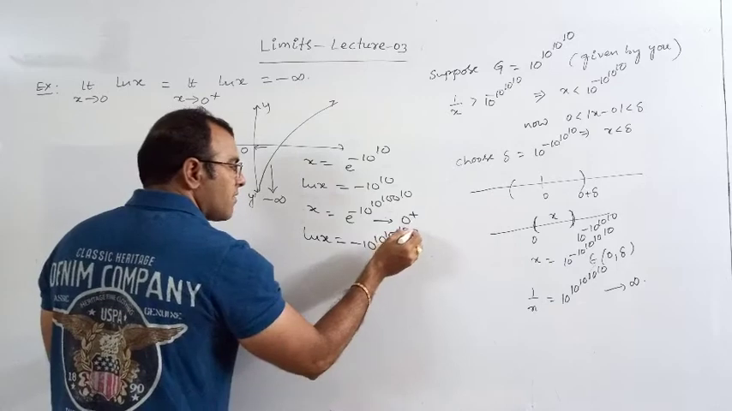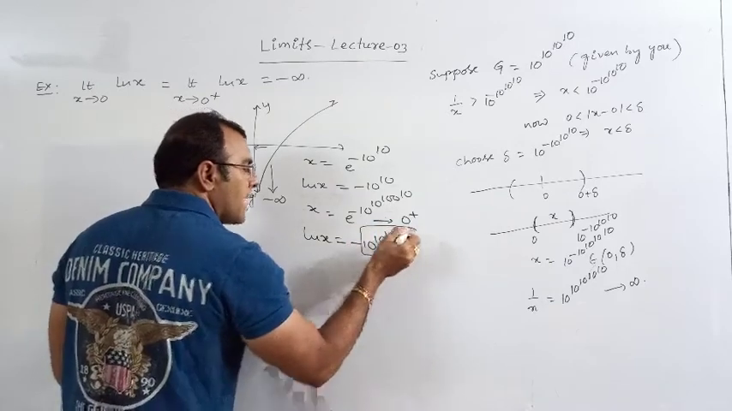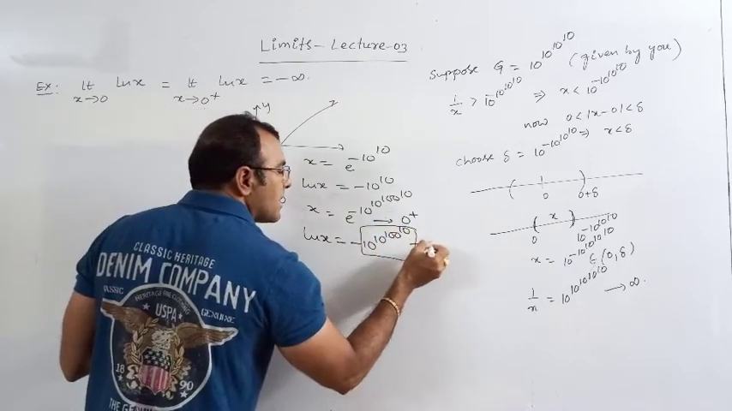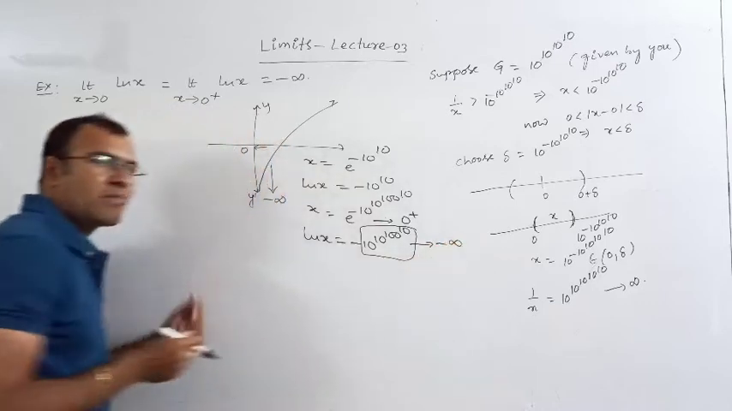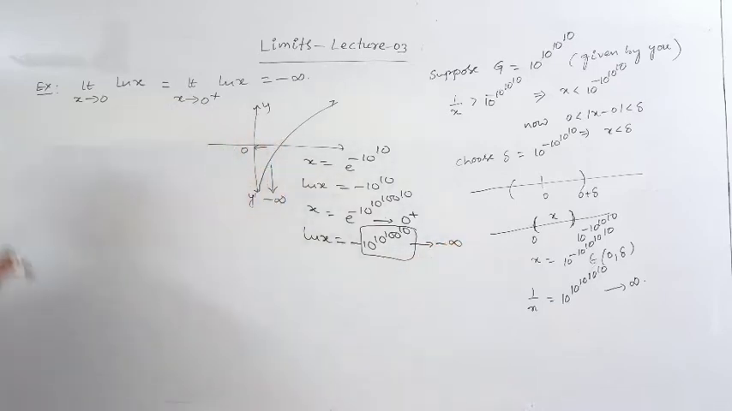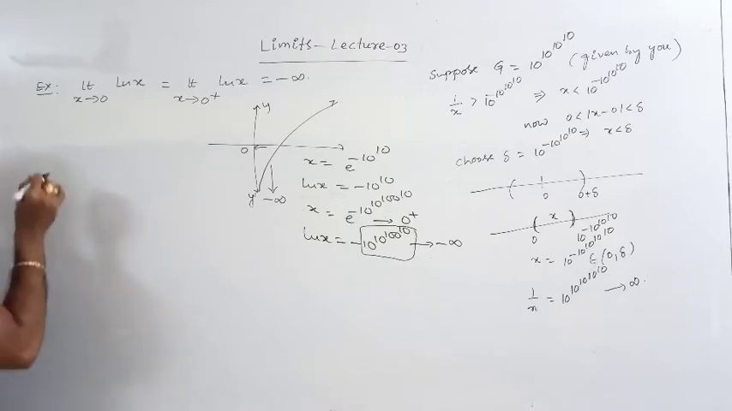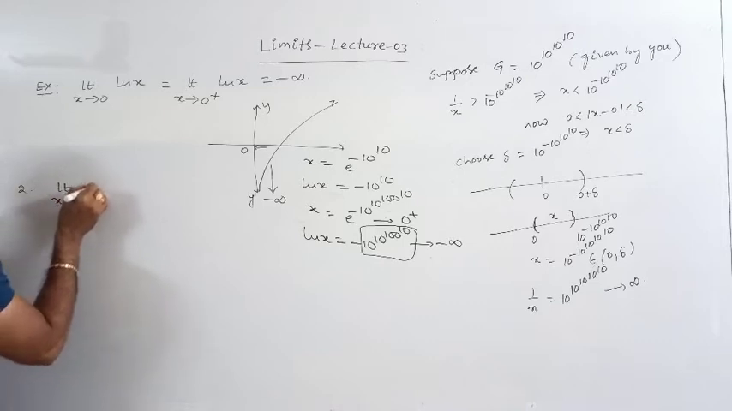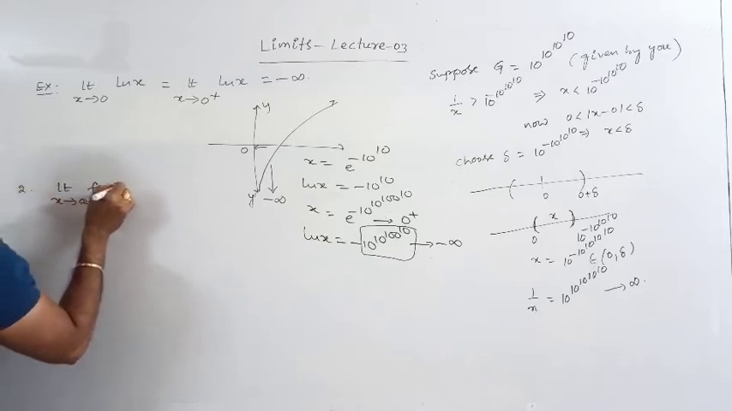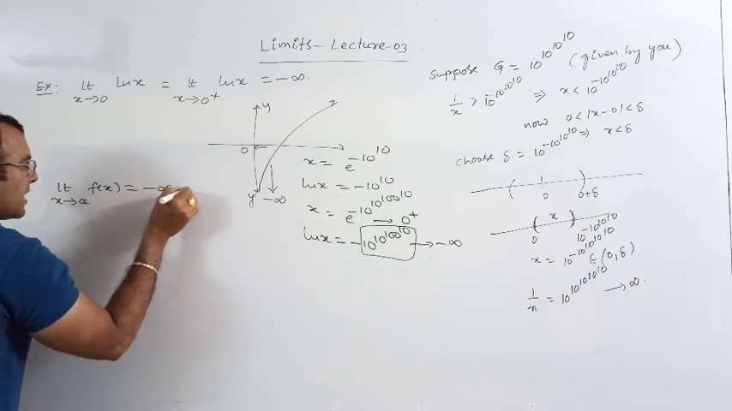So this is a very large number, and before that a negative sign is there. It almost tends to minus infinity. Okay, so that I am writing here. So the second one is limit x tends to a, f of x equal to minus infinity if